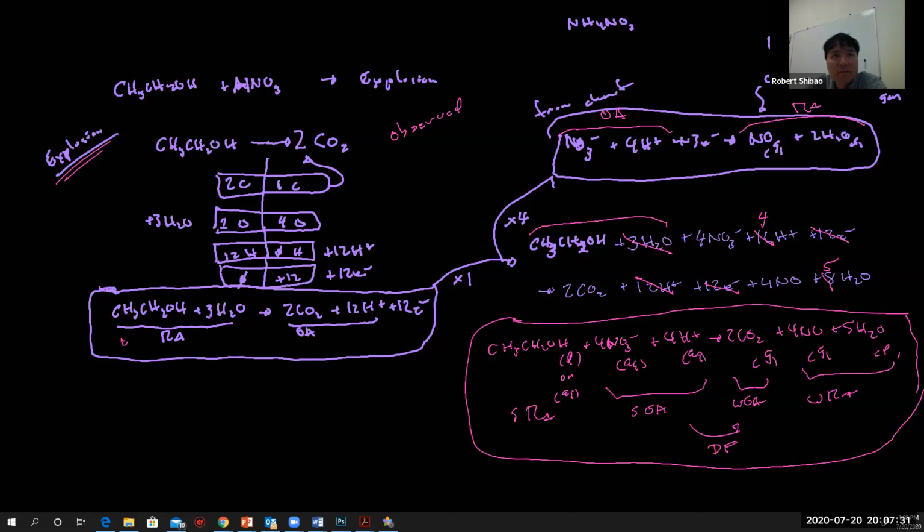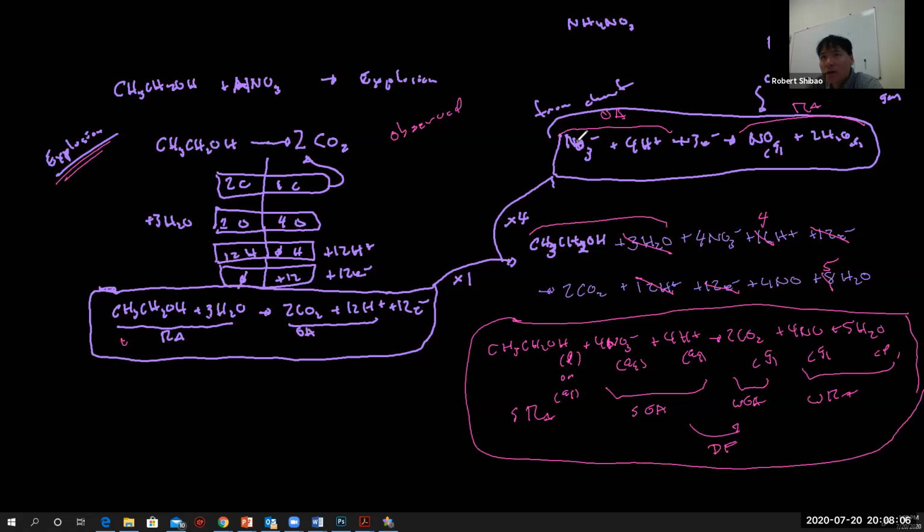It's easy to screw it up by misadding these. But anyway, we have 2 carbons here, 2 carbons here; 3, 5, 6 plus 6 is 12 hydrogens, 12 hydrogens; 1 plus 3 is 4 oxygens, 4 oxygens. So the atoms are balanced. Then we check the charge, 0 and 0. 0 plus 12 minus 12 gives me 0, so it's balanced. We could check it here too: 1 nitrogen, 1 nitrogen; 3 oxygens, 1 plus 2 is 3 oxygens; 4 hydrogens, 4 hydrogens. So the atoms are balanced.